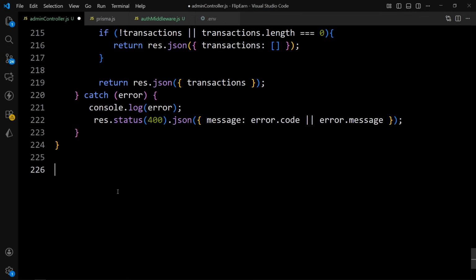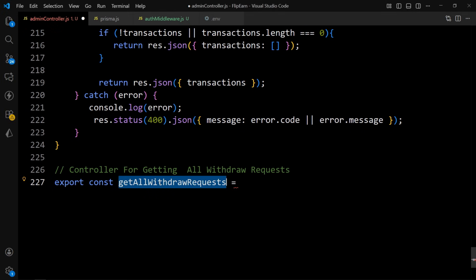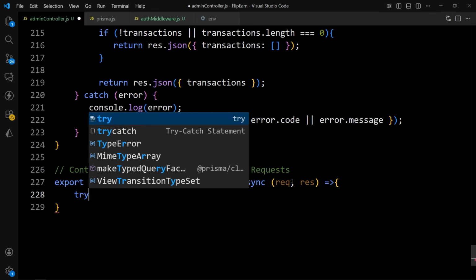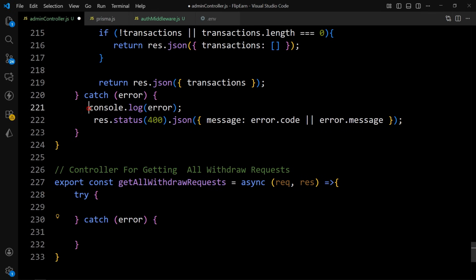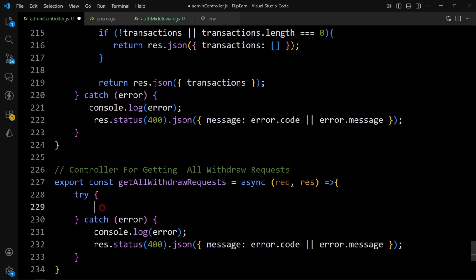So I'll write the comment first, that is controller for getting all withdraw requests, right? So let's add export const getWithdrawRequest equal to, and create the asynchronous arrow function. And after that, in this one, let's add the try catch block and paste this code in the catch block. Now come to the try block, and in this one, let's get